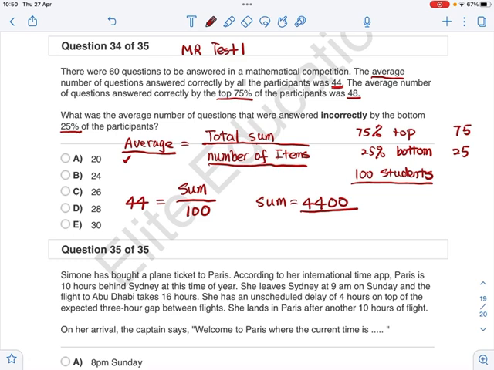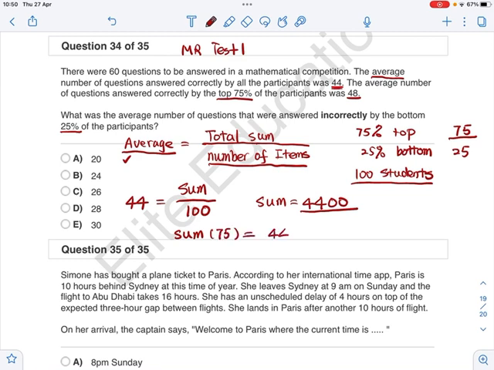Another piece of information is the average of the top 75% which is 75 students. What's the sum of the correct answers they got? Using the same formula, the sum made by these 75 students is going to be equal